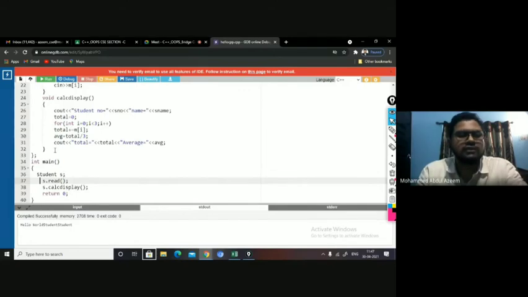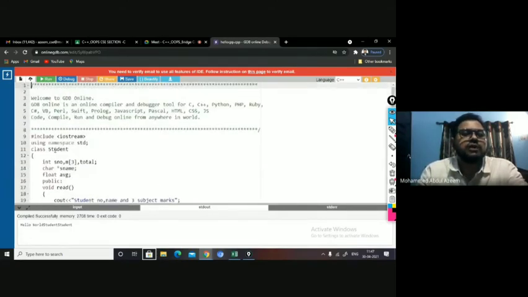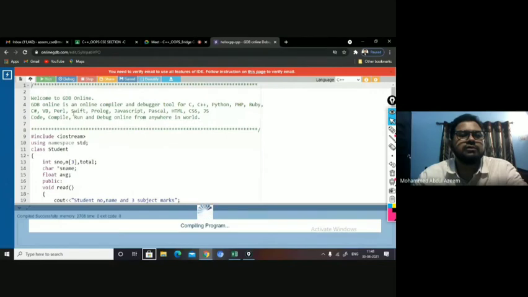A single line comment is double slash. Now the program is done. We will be using the language C++. You have to choose the language C++, and you can save the program. Okay, the program is saved here. Now you can execute the program, right?